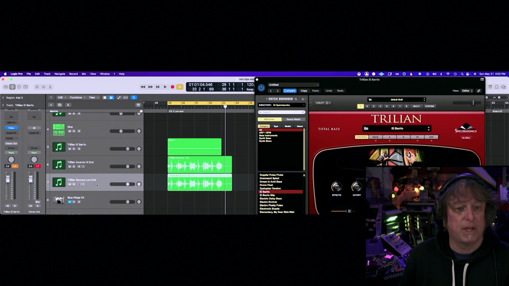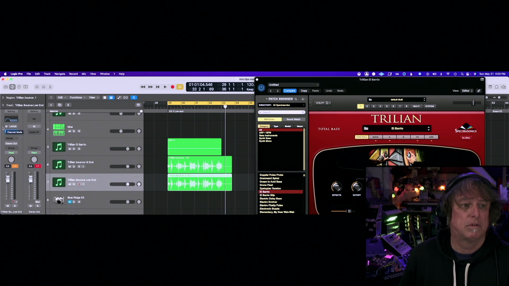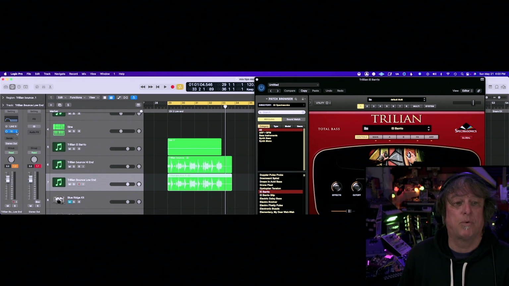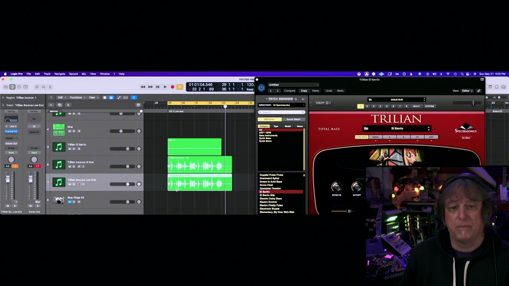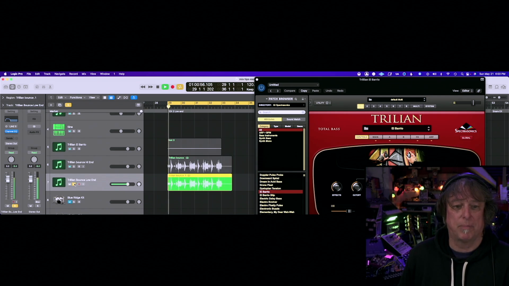So I would take my low end side. I would go to this little, if you can see where I'm pointing my mouse here, and I make that mono. So now it's mono, but one more thing: the EQ, when I instantiated it, was stereo. So that's still going to say stereo, and we've got to change that to mono. So let's make that mono. You're not going to hear a huge difference, but for me,